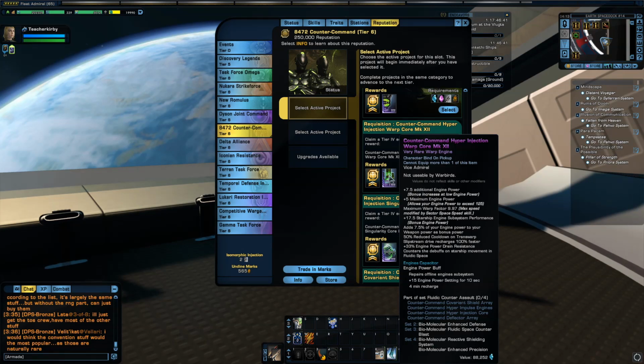This does give you extra recharge time on your slipstream, so it doubles the recharge time on your slipstream, but really that's kind of meh, and gives a bit of engine power drain resistance, which again, frankly, kind of meh. So I'm not really seeing any one thing specifically that it's good at. I mean, if you go into fluidic space quite a bit, then you might find the drain resistance gets really good. But you know,